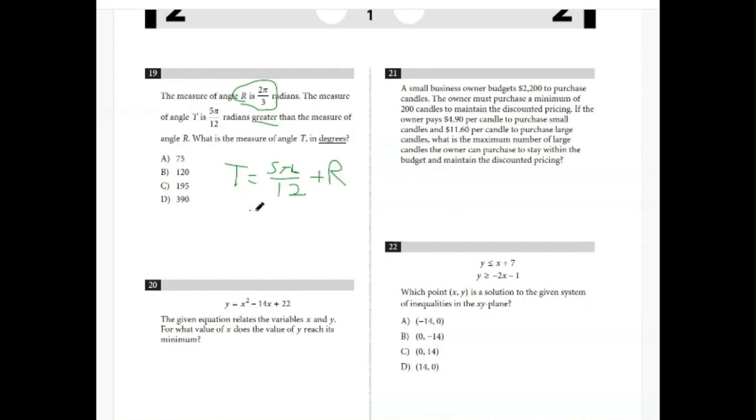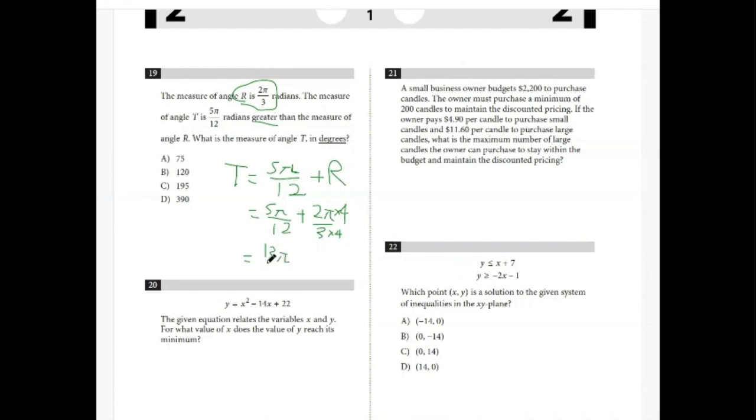I'm going to go ahead and add these up. There's 4 here. This becomes 13